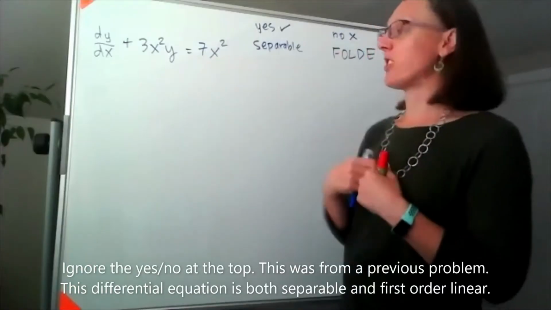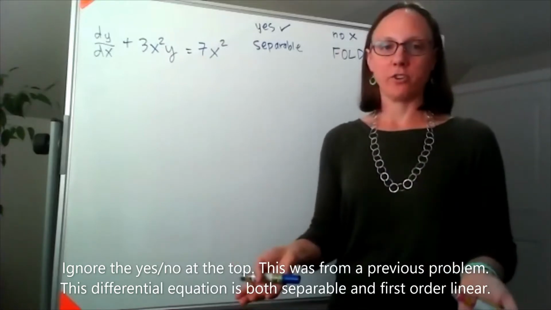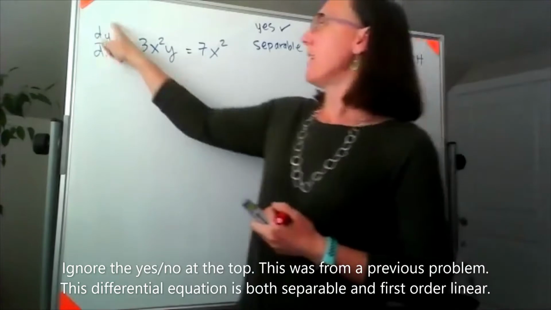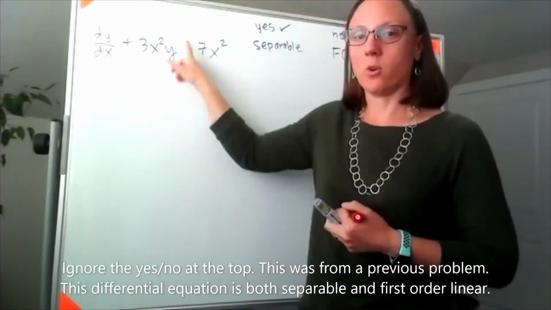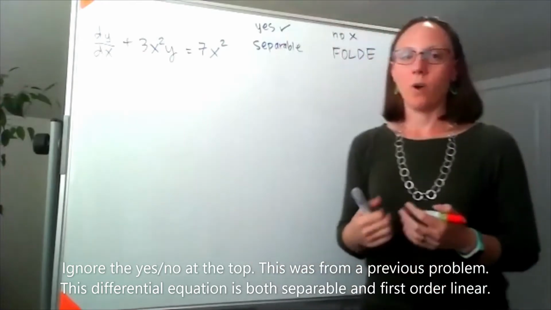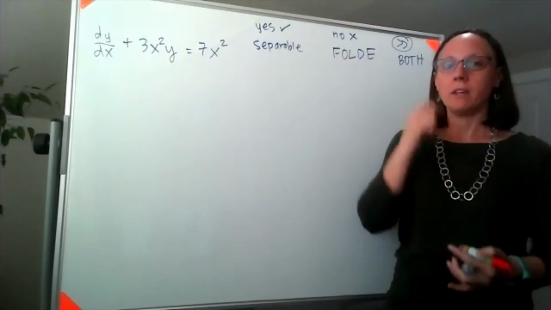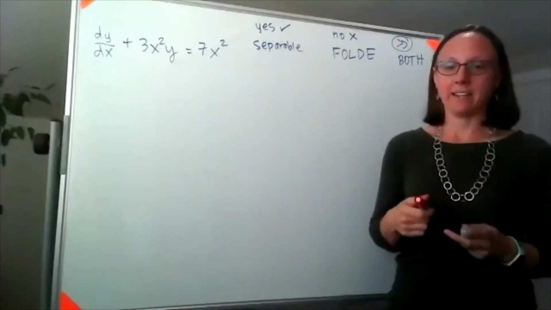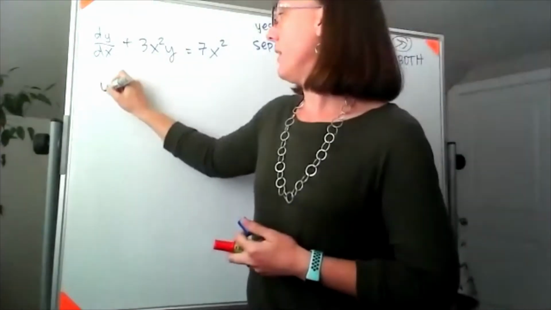If I just looked at this, honestly, for me, the thing that jumps out is that it's first order linear, because I've got a dy dx, and anywhere else that my y shows up, it's only to the first power. So that's the thing that stands out to me the most in this problem. So if I were to think about it as first order linear, then I would be setting this up as